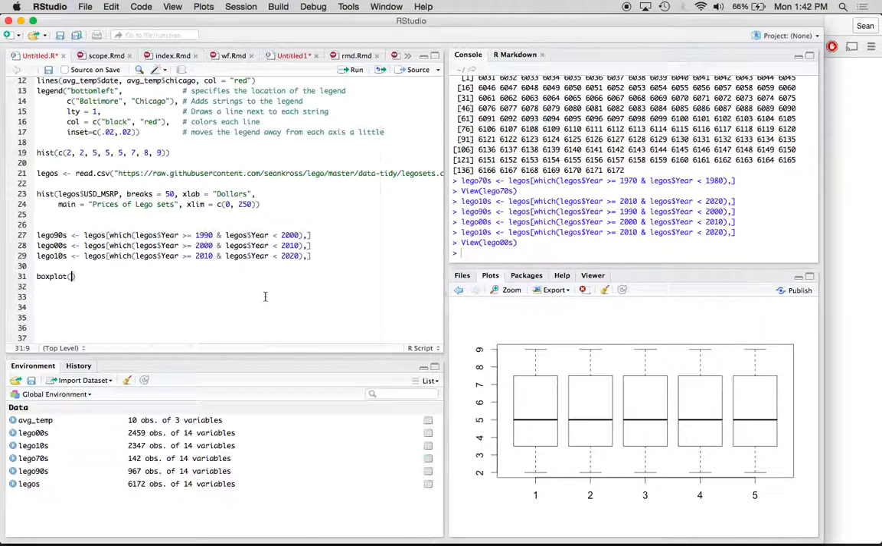Okay, so then if I wanted to look at the distributions, if I wanted to see how prices are distributed between these different decades, I can just provide 3 different vectors to box plot. So I can say Lego 90s, USD MSRP, Lego 2000s, sorry. And